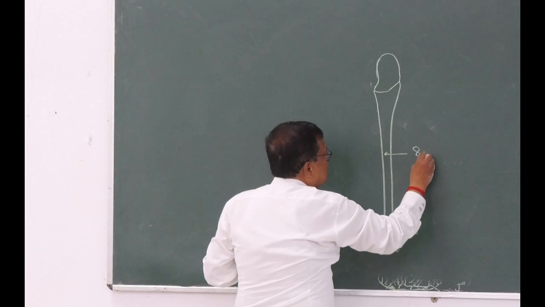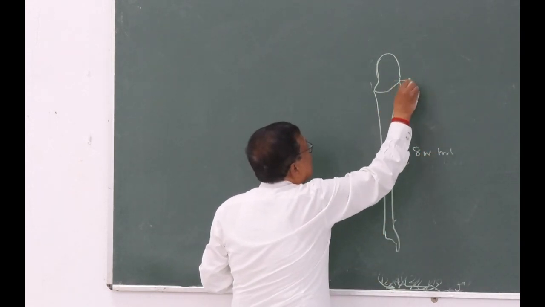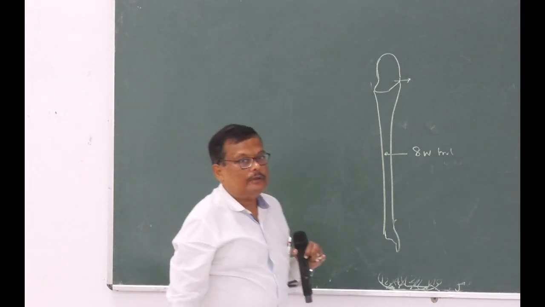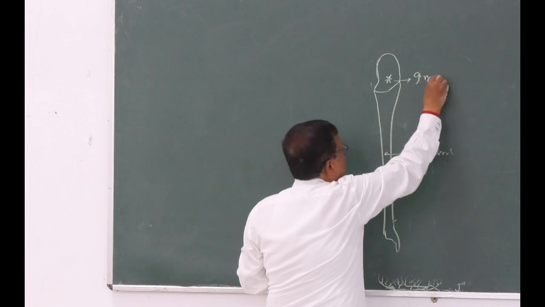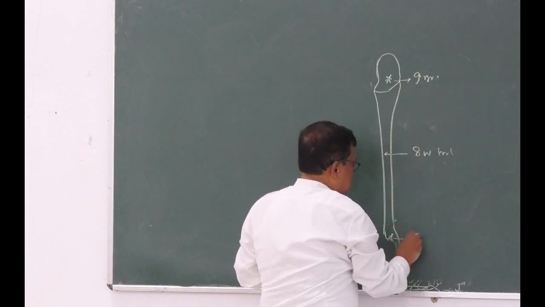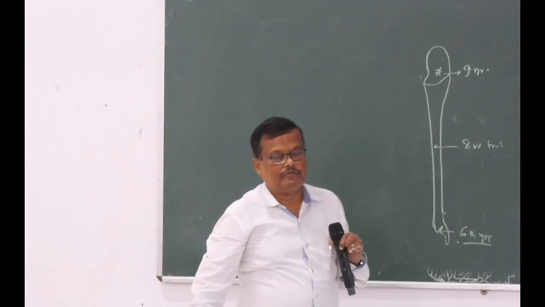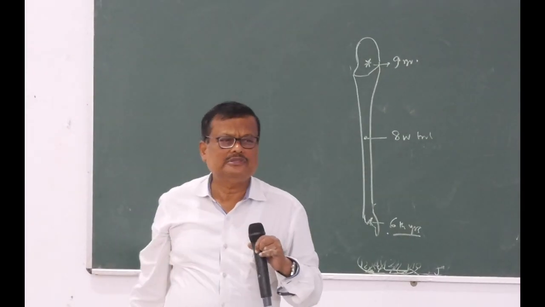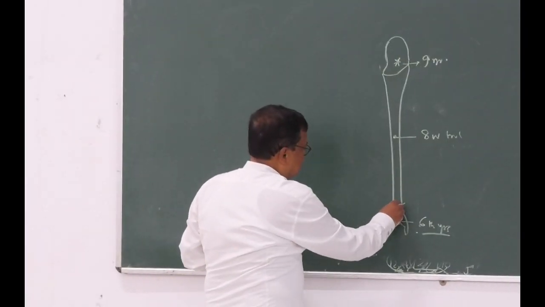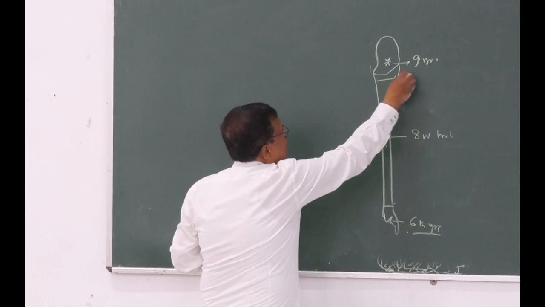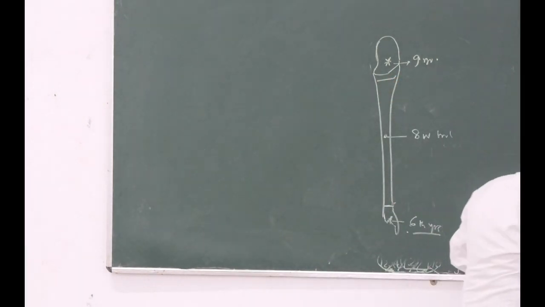Primary center, 8th week of uterine life. Upper end secondary epiphysis appears after birth, at about 6th year. Lower end 6th year secondary epiphysis. জানলেও খুব একটা জিজ্ঞেস করে না। So the lower end is the growing end. So it joins at 15 to 17 years. It is 18 to 19 years. ছেড়ে দাও।